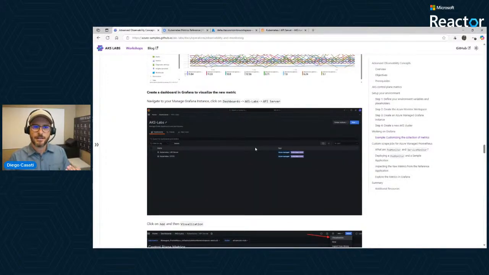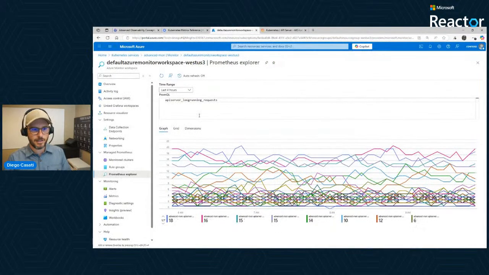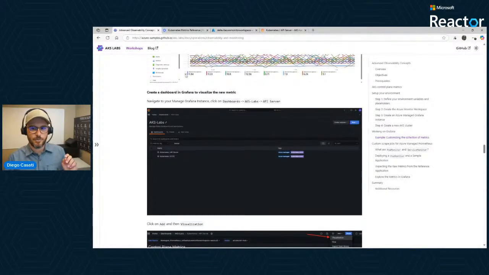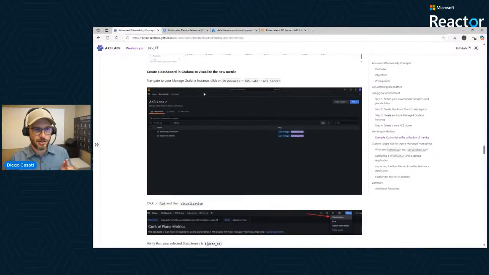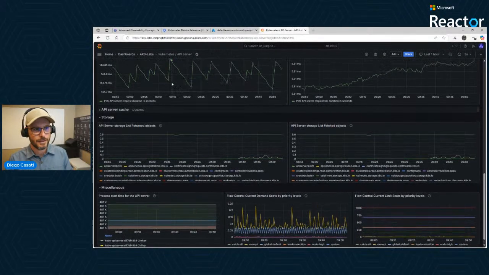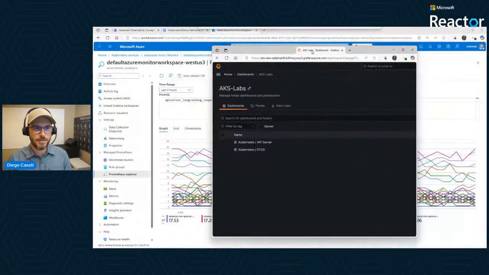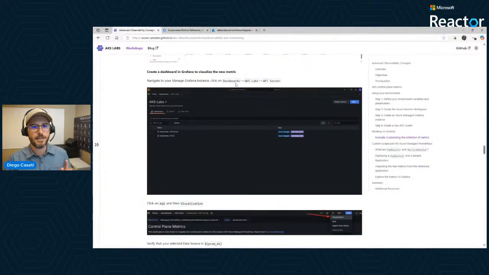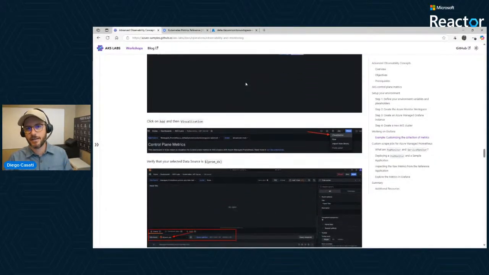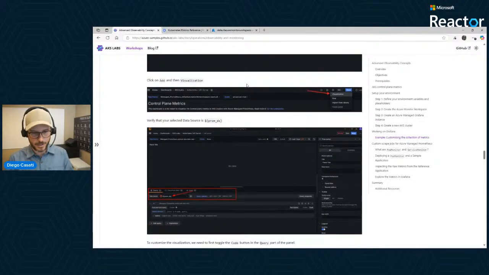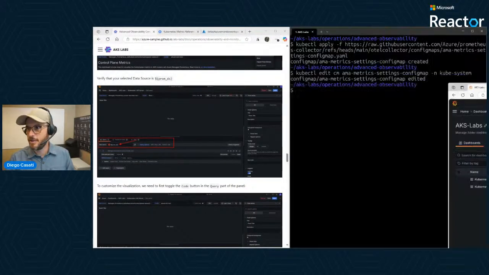But that metric on its own doesn't show anywhere. Like there's no way that I can see this other than coming in here, right? I will give you a 30-second crash course on how to get that in Grafana. So let's go. We're gonna go to Grafana, back up here. It's gonna be tough for me to do side by side here because you might not be able to visualize, but we're gonna go into our new folder called AKS Labs, into the API server, and we're gonna add the visualization in there. Okay, so I'm gonna try this. Bear with me here for a second.